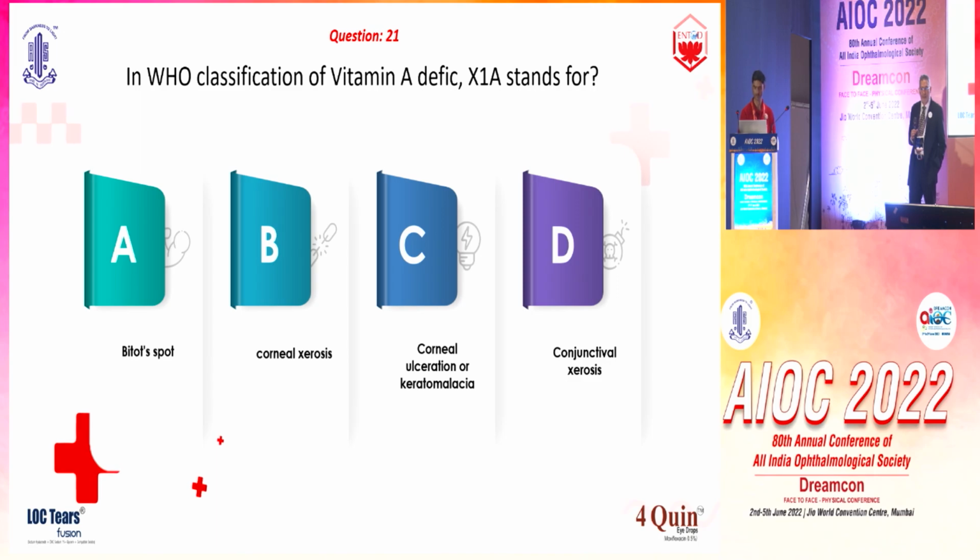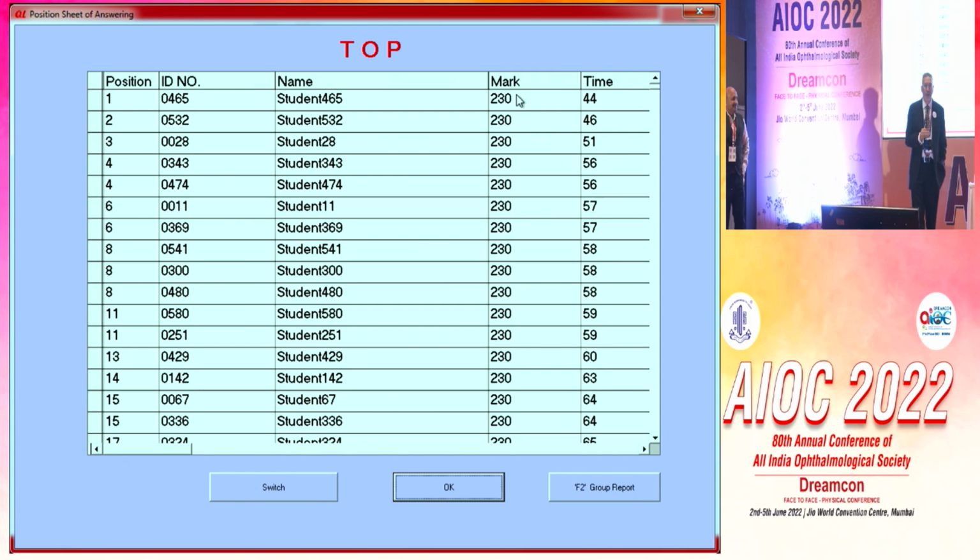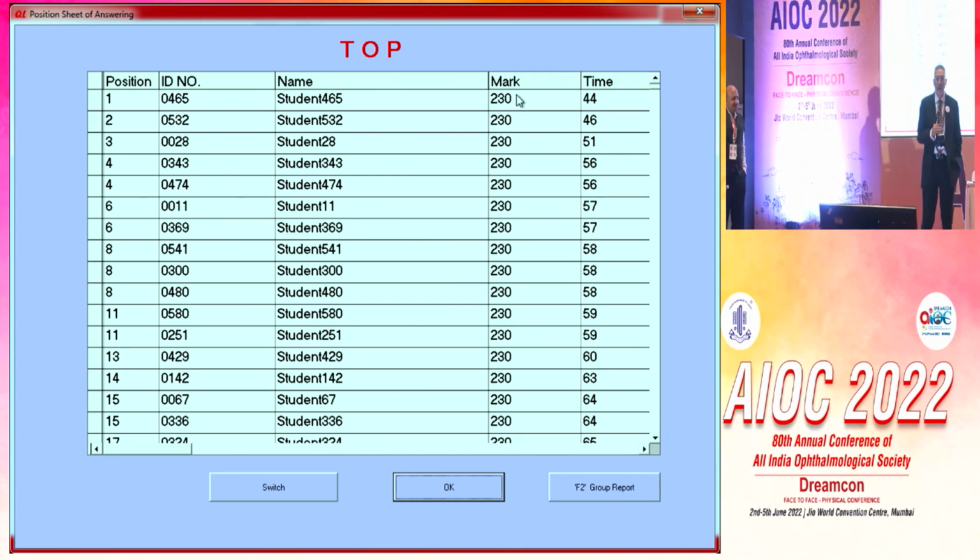Can you go back? Okay, there's something wrong somewhere because everyone is showing all correct, and I don't believe that. I have sold my questions only to 10 people, so you cannot have 17 people getting full marks. These are the voting card numbers, and by default it comes at the end of all the questions. Okay, so this mystery is solved. Don't look at the marks column. That is coming by default, so everybody's marks are showing as 100%.